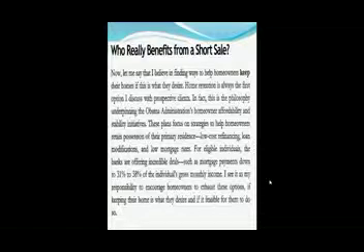Now let me say that I believe in finding ways to help homeowners keep their homes if that is what they desire. Home retention is always the first option I discuss with prospective clients. In fact, this is the philosophy underpinning the Obama administration's Homeowner Affordability and Stability initiative. These plans focus on strategies to help homeowners retain possession of their primary residence: low-cost refinancing, loan modifications, and low